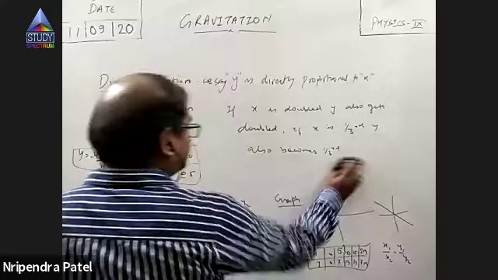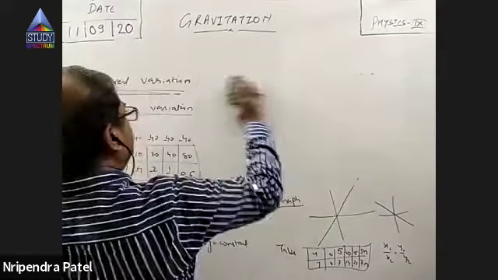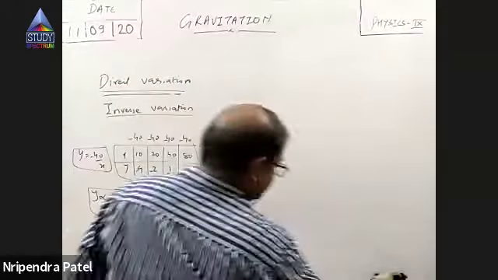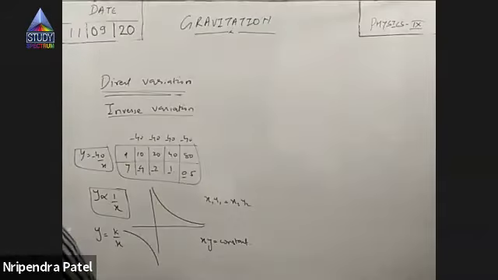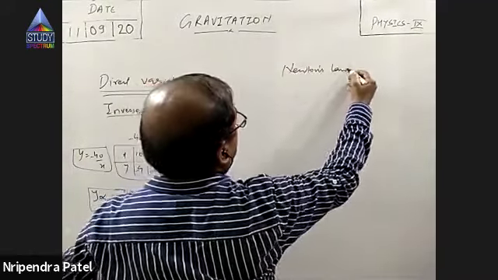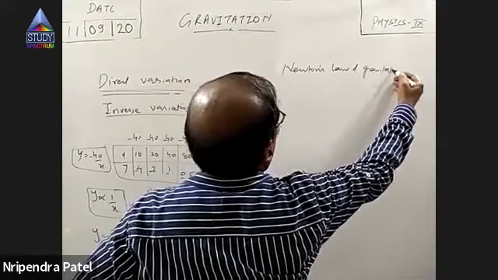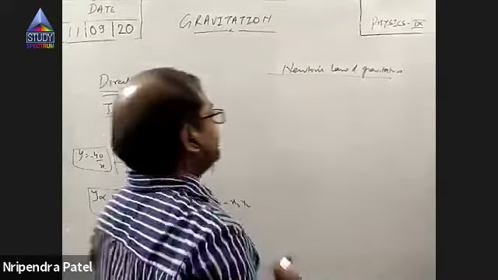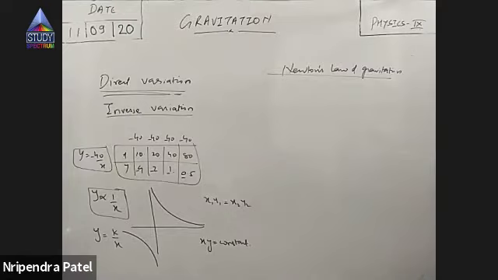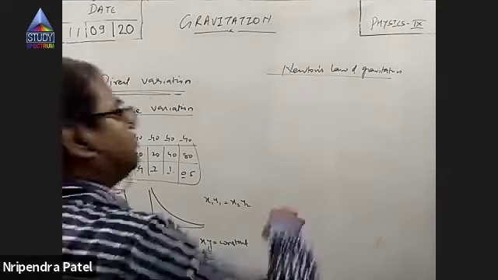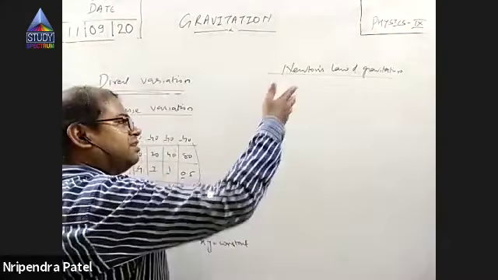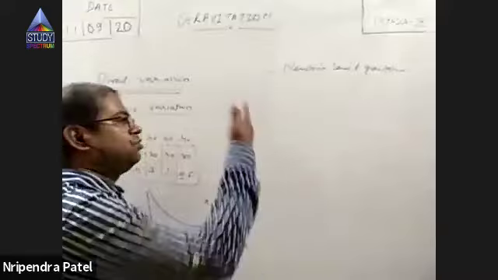So trust me, if you carry this concept, you will see that most of the theories in physics use the concept of direct and inverse variation, as Newton's law of gravitation itself does. Newton's law of gravitation itself uses the concept of proportionality. If this proportionality was not there, Newton would never have been able to give a formula. Or maybe something else would be there. But he used proportionality, and not only him, almost all scientists use this proportionality concept.